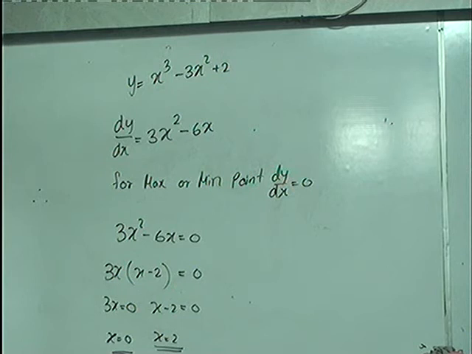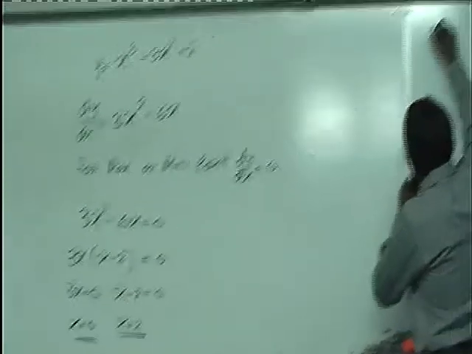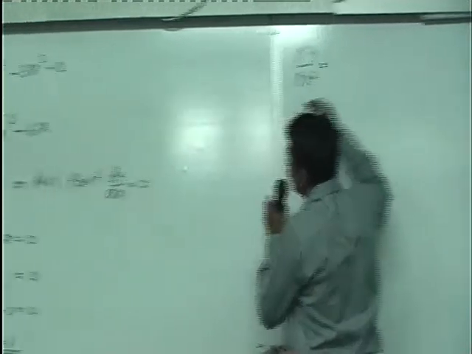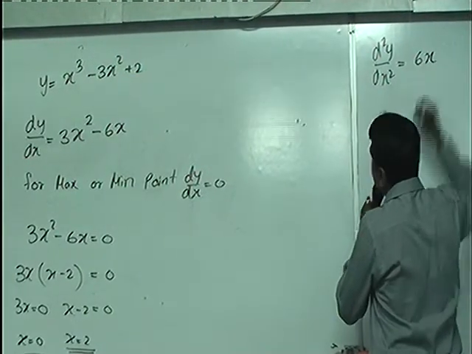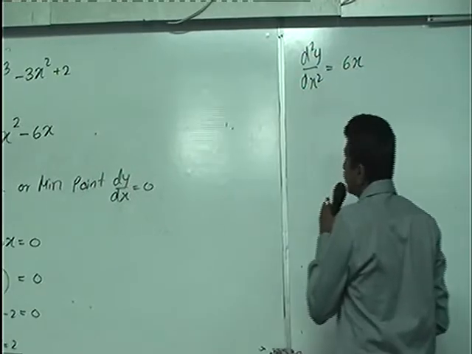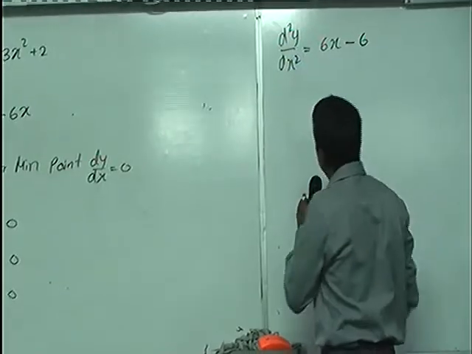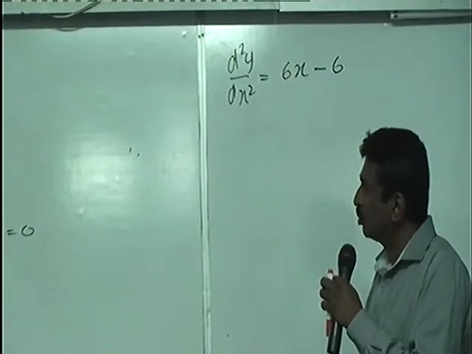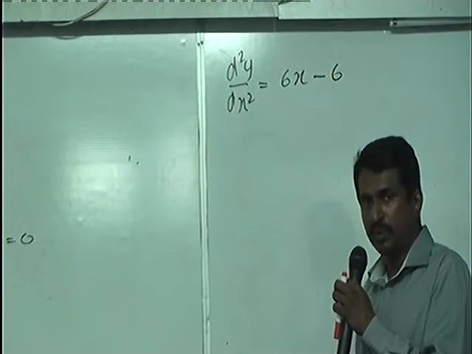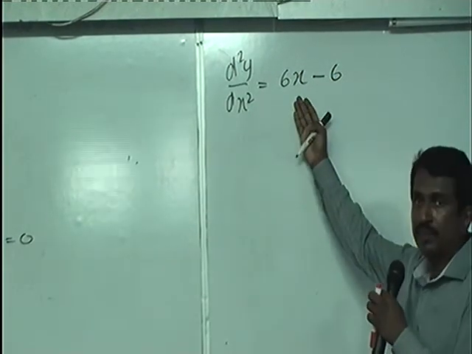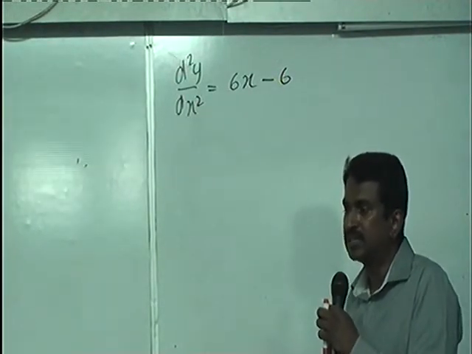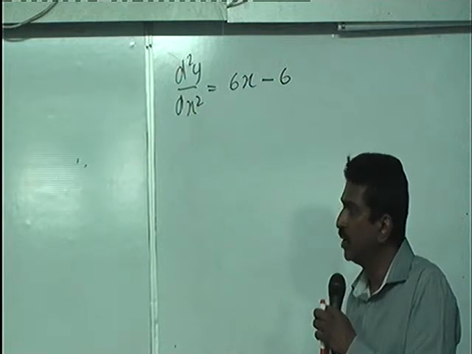Obtain the second order differentiation to calculate maximum minimum point. So d2y by dx2 is equal to, differentiate 3x squared becomes 6x, minus 6. Second order differentiation. Now, when you look at the question, you can't say whether the point is a maximum point or a minimum point because it's with the variable. Therefore, not like the previous two questions, we can't exactly say whether the point is maximum or minimum.